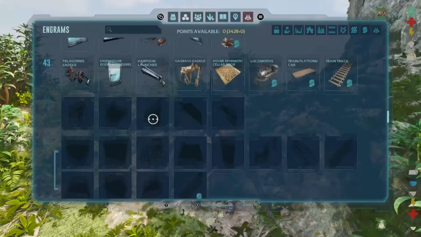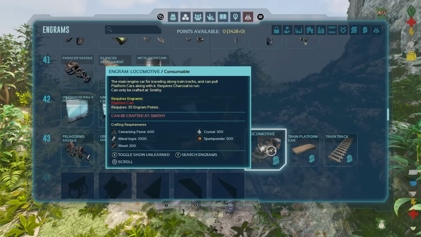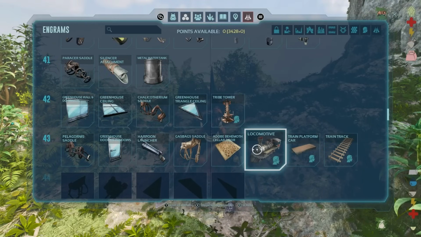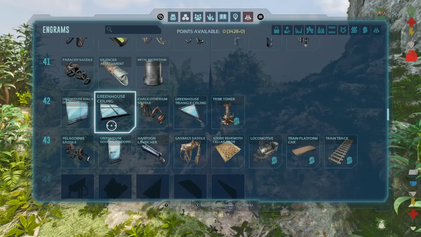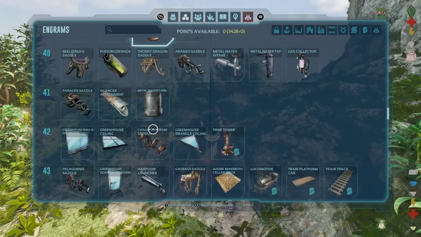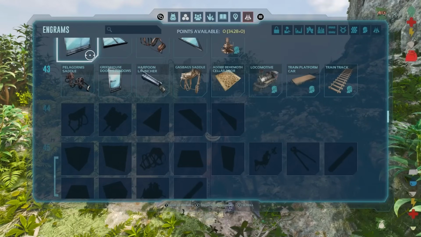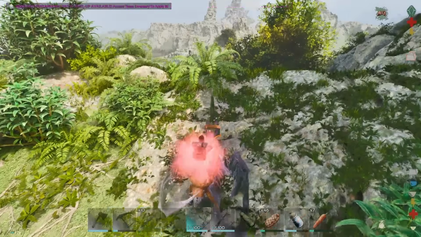So, at 43, we officially have access to the harpoon launcher, the locomotive, if we want to spend a stupid amount of money, a stupid amount of resources. Oh, my God, money. Tribe Tower. I don't know if that's really going to do anything in single player. Let's see. Shotgun, simple shotgun ammo, and metal water tanks. That's kind of it. And then greenhouse. And the Pelagornis saddle. Yeah, one of those creatures that...